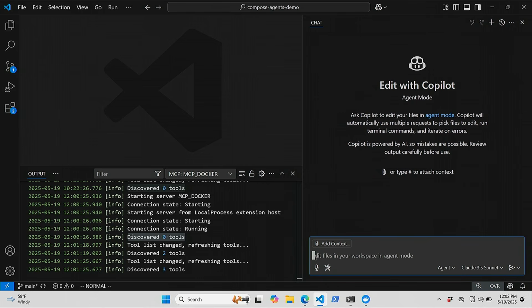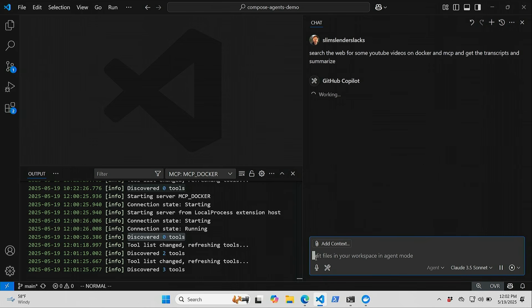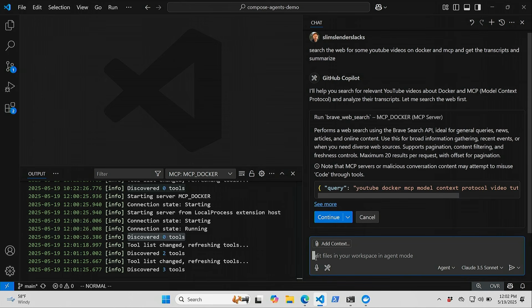So this is something that GitHub Copilot is now going to respond to differently than it would have before, because now it has a tool. It has a Brave Web Search tool.